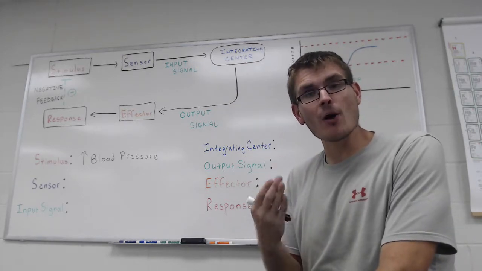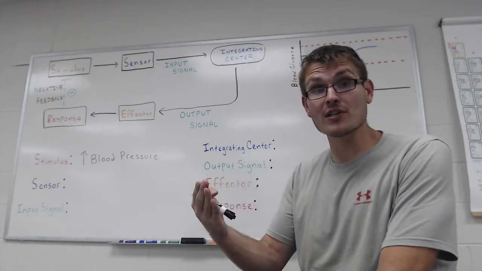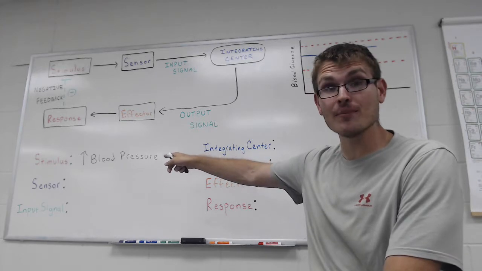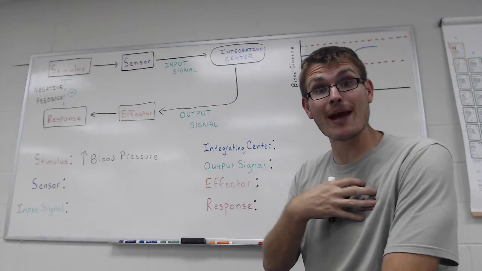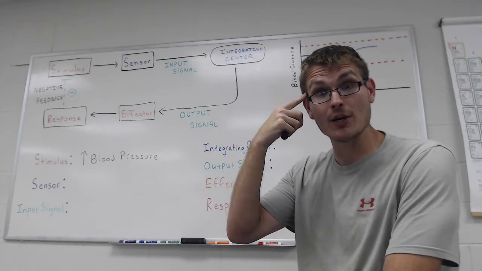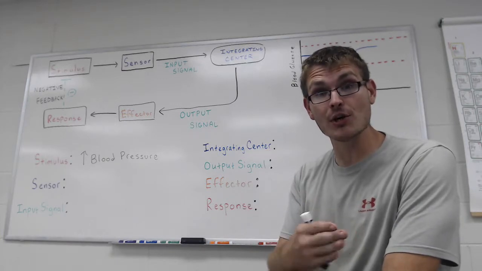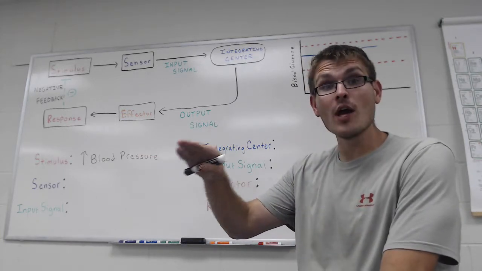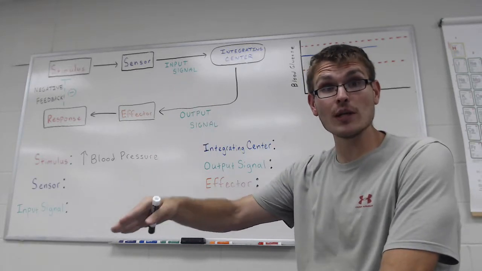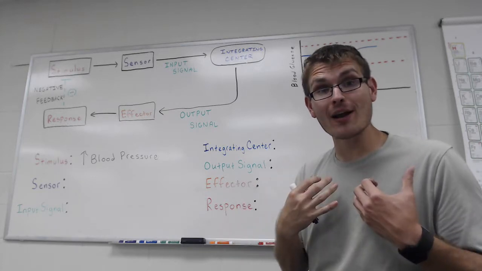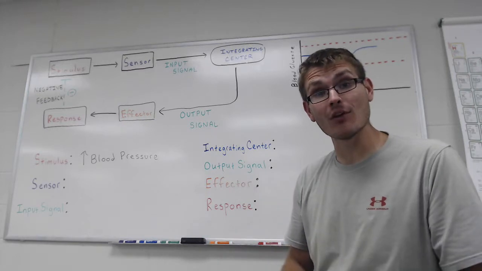Sensors in your body are basically groups of cells whose job it is to monitor this parameter, in this case blood pressure. For blood pressure, we have sensory cells that exist in your major arteries and then also in the medulla in your brain. These sensors are constantly monitoring your blood pressure, even when it's at a normal level, so that when it does get too high or does go too low, it's able to notice right away, and then it can start organizing a response to bring it back to normal levels.